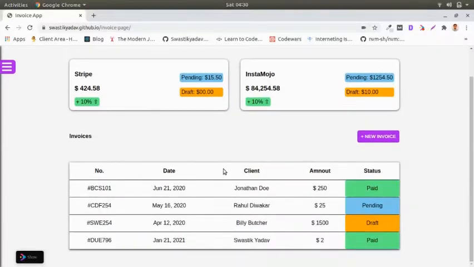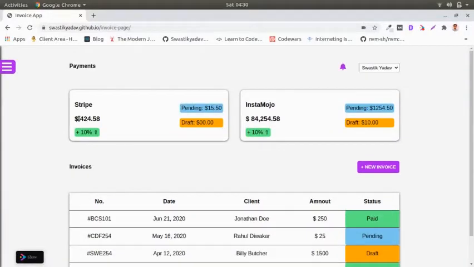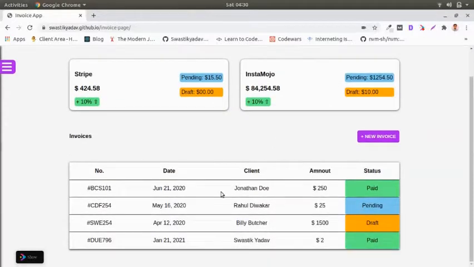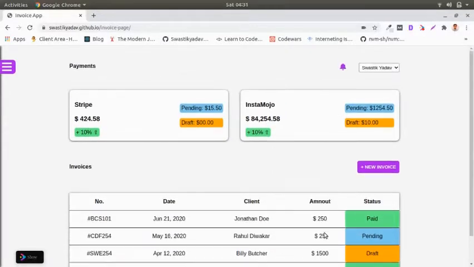Where a user or the admin can see what amount of payment he has received, what is pending, what is in draft, and which users have paid and which have not. It's just a very simple layout, right? Simple and effective.